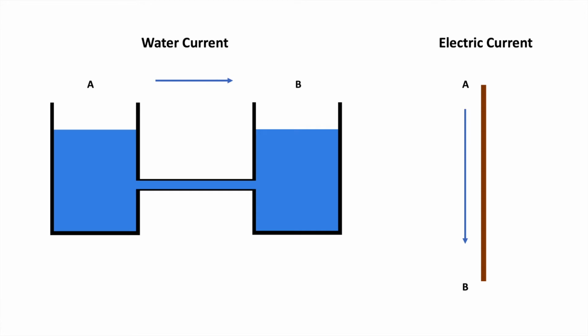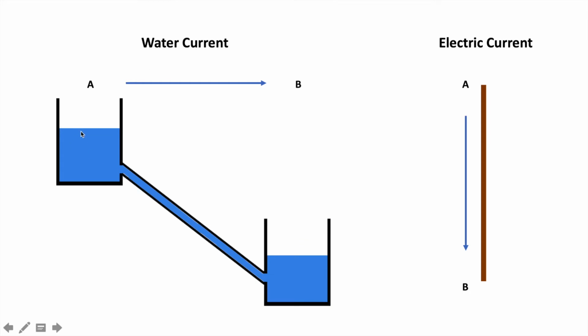So here I am taking the example of water current and I can compare it with electric current. Consider A and B are two tanks of water. There is a pipe between A and B for the flowing of water. In the same way, this is a copper wire which has ends A and B. Here the tanks are of the same height, so it is not possible for water to flow from tank A to tank B. So how can we make the flow of water current possible here? In the same way, how is it possible to flow current from A to B in the case of a copper wire?